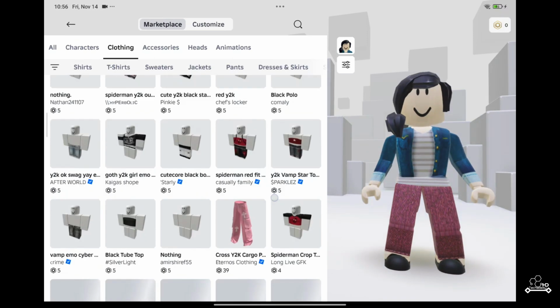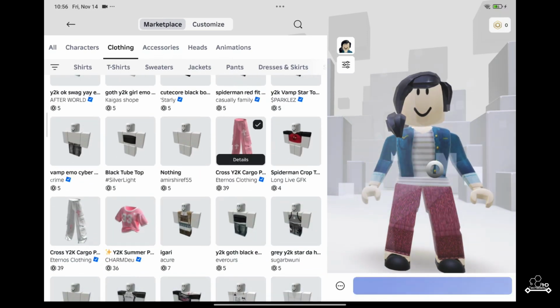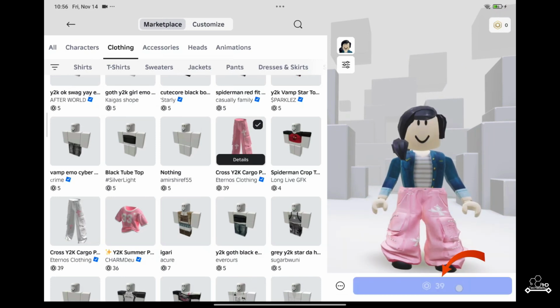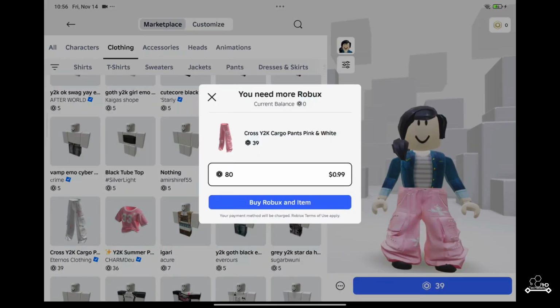Tap on the clothing item you want to purchase, and then you'll be able to see its details. Click on the blue button at the bottom right in order to buy the product. This is also known as the Robux price button. Once you tap on that, you'll be able to see the number of Robux you'll need to spend to buy